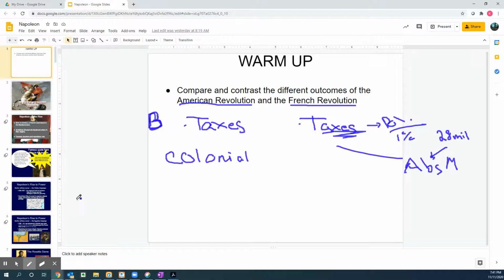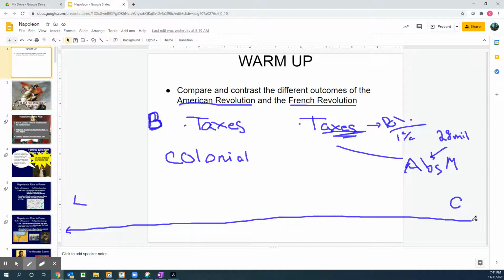Also, what we need to do is do a little political spectrum here. So if we do increasingly liberal on the right and extremely conservative on the left, so a left to right spectrum here, and I'll draw a little line. And then for the sake of ease, we'll use the US here as our middle ground approach, as a republican-based democracy. I'll change colors with the pen.